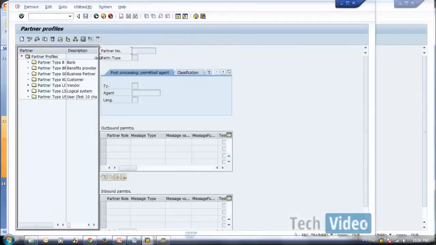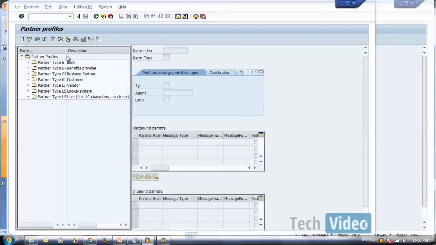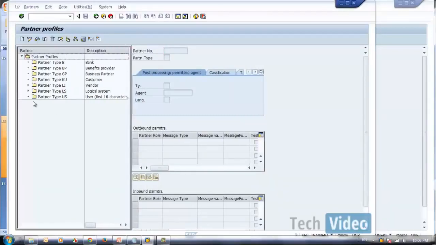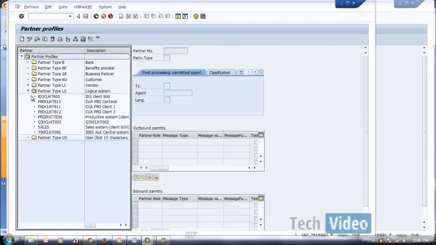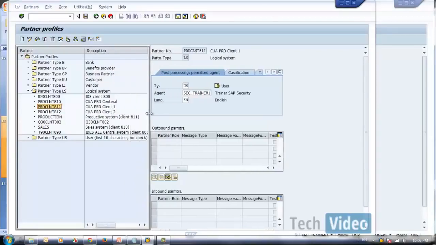Then we can check the logical partner profiles. Here only partner profiles are created. The one which we are trying is actually created automatically, but there seems to be some problem. 812 was created properly, and 811 did not have message types, so that is a problem.